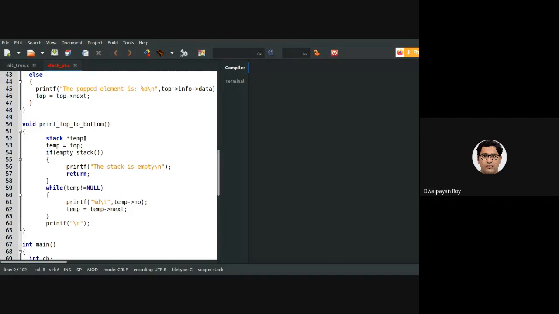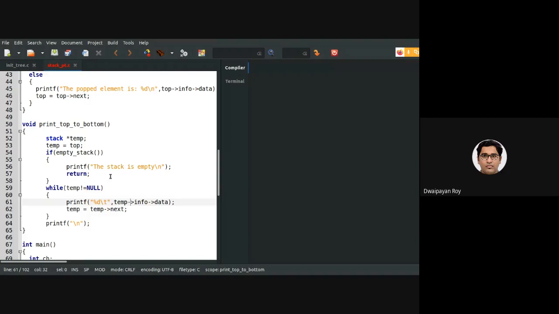Can you say what will be changed here? The change will be coming here: it will be info, and then data, and temp equals temp next as earlier. So this should be changed.